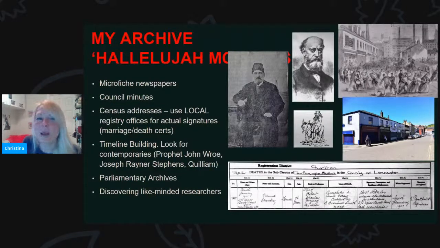So these were my hallelujah moments in the archives. The microfiche newspapers, unfortunately, in Stalybridge, where I was researching. A lot of the northern newspapers have not yet been digitised by the British Archives, which made me very cross, because it meant I had to sit in front of an old-fashioned microfiche reader doing this and ruining my eyesight